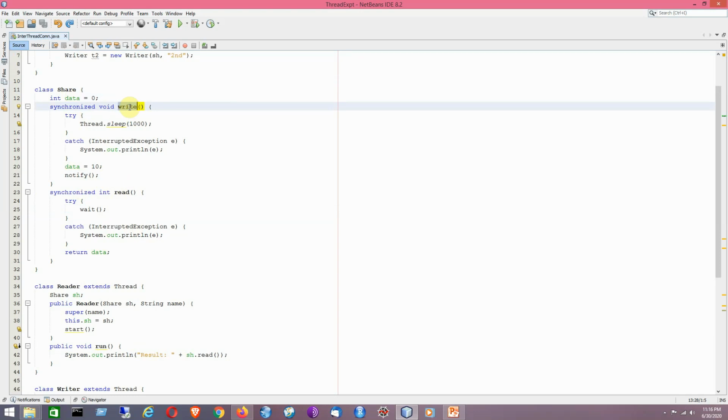So it may cause chaos. So in order to avoid this scenario, we'll be writing a wait method call in the try. That means the reader thread, in terms of calling its read method, must wait.